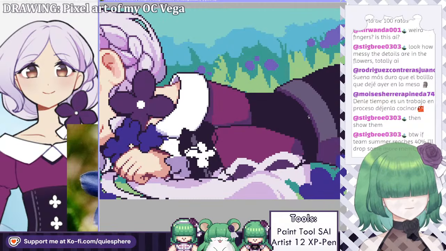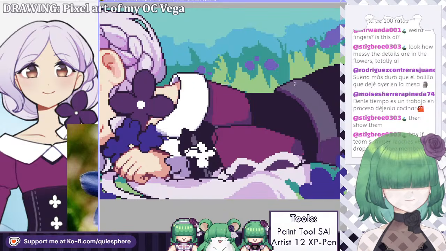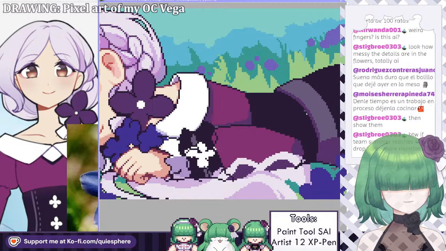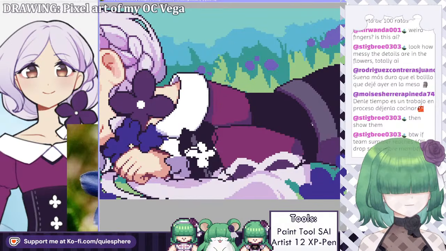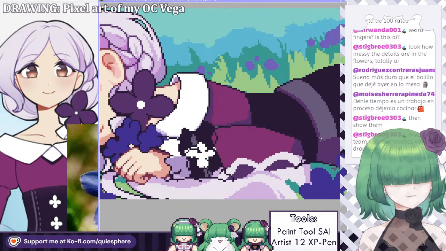I'm very scared of the background. The background is gonna be a lot of work, especially if I end up making different versions of flowers. That's gonna be a lot of flowers to do. But it's gonna be practice. In part I wanna try doing more flower studies and learning to draw specific flowers other than just making them up on the spot like I always do. This way I can learn to draw them properly.